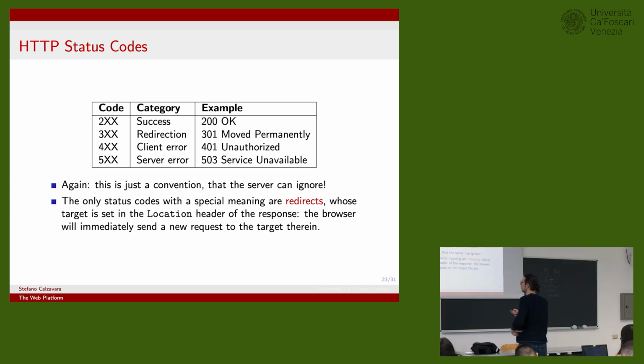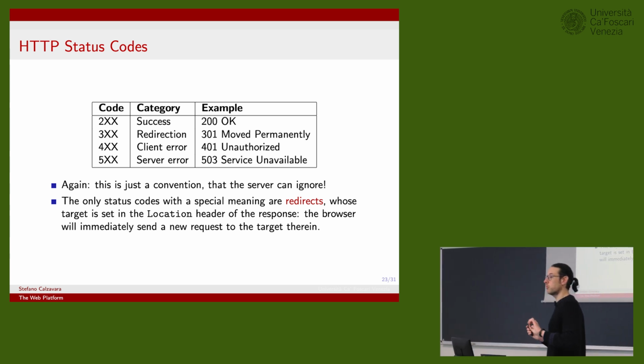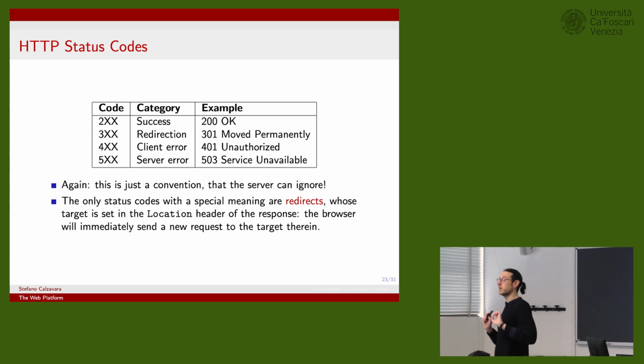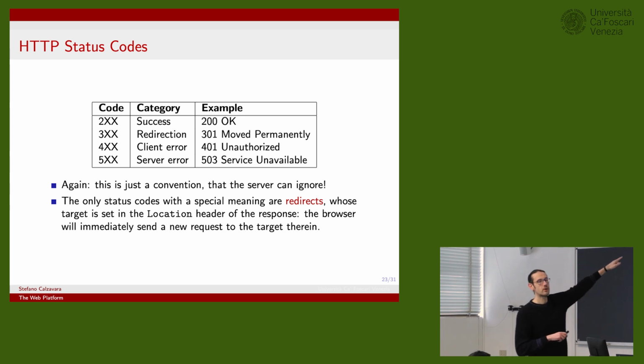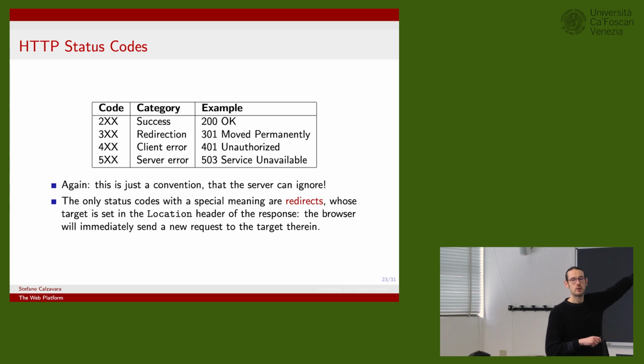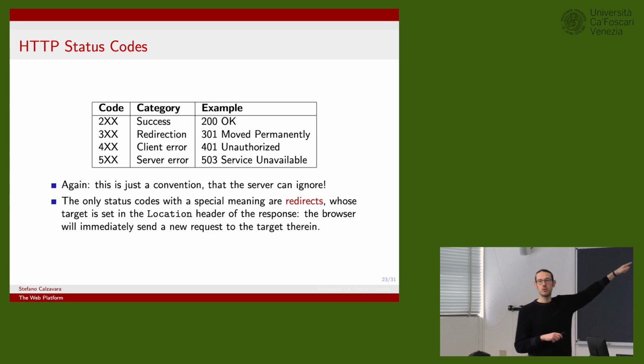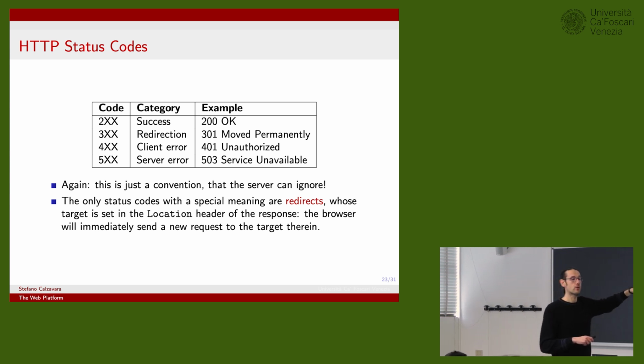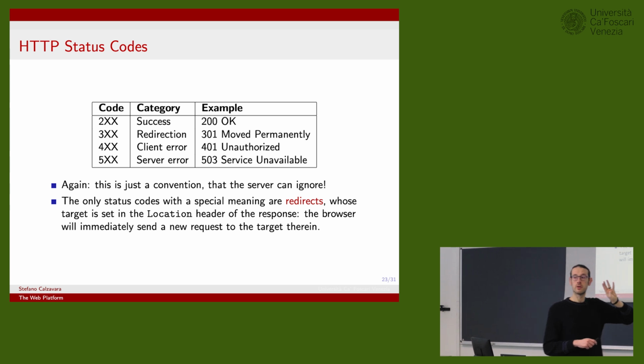Status codes starting with 4 mean a client error. For example, 401 means this client is unauthorized. So there is a resource here. Somebody is allowed to access that, but this client is not allowed. Can you tell me another famous status code which starts with 4? 404, not found. That's the client's fault. The client requested something which is not on the server, so it's the client's fault. That's why it starts with 4.